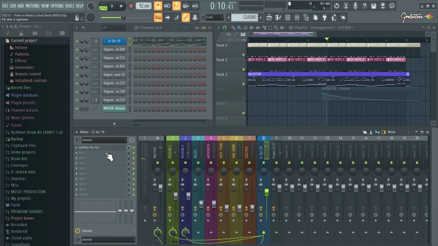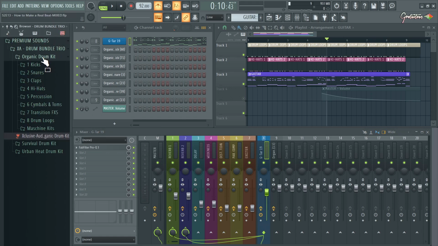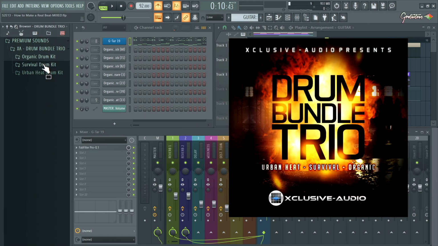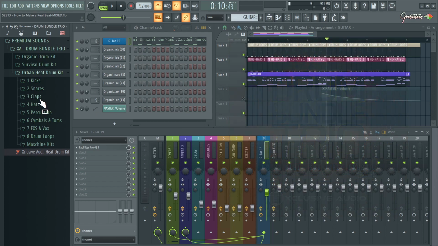Okay, sometimes that metronome is nice, and sometimes I find myself, let's just say we have this already. So this is the exclusive audio drum bundle trio I talked about in the episode as well. I use this all the time. You guys can get special pricing on my website by going to